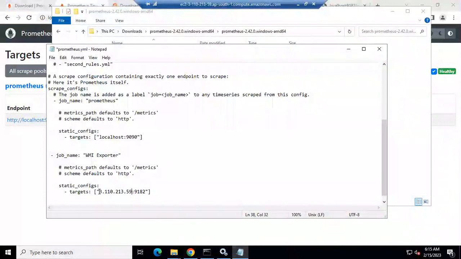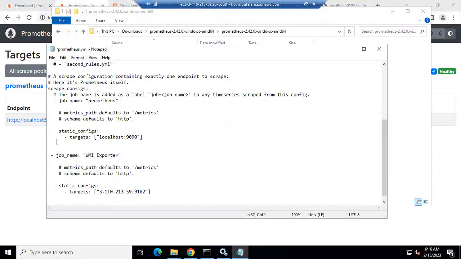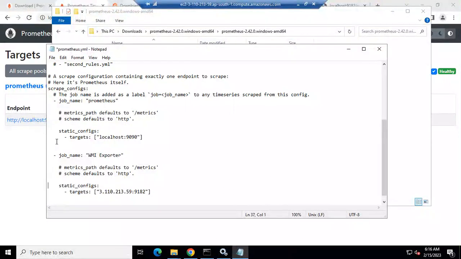And now let's check the indentation. We need to set the proper indentation. You can see we need to be careful about indentation. Okay, it's done. Okay, so let's save the file and